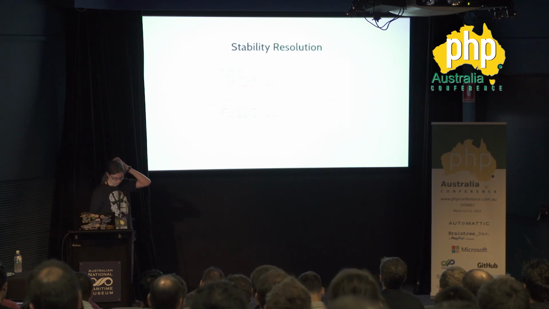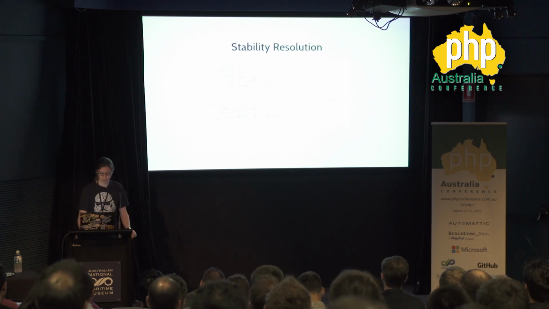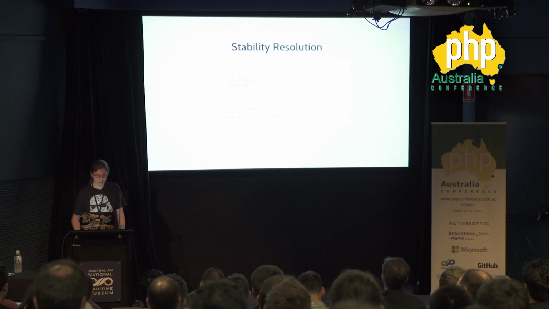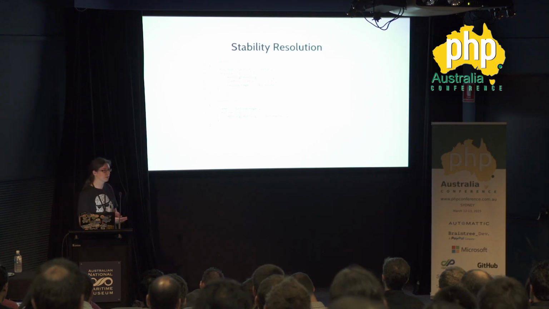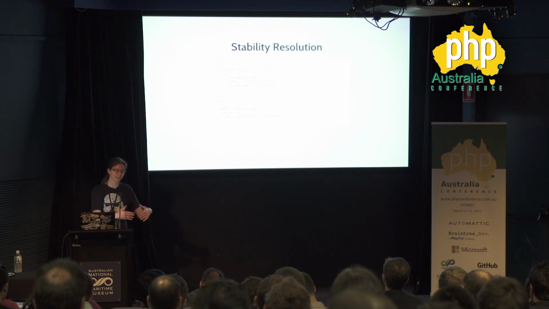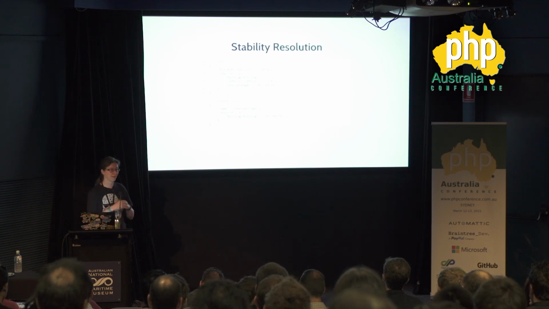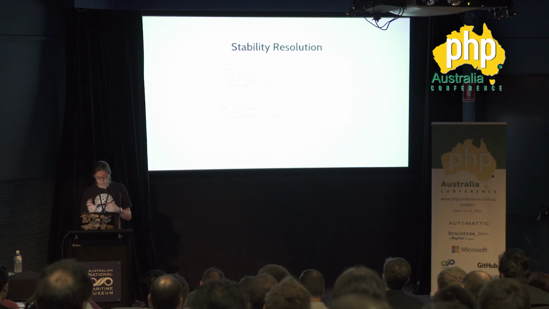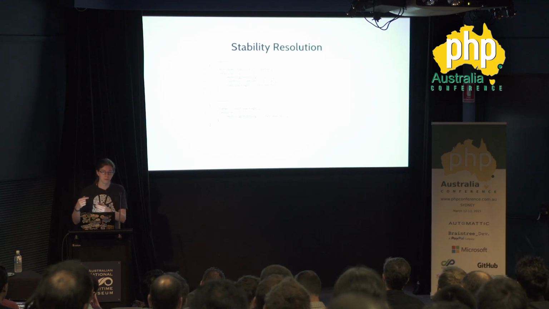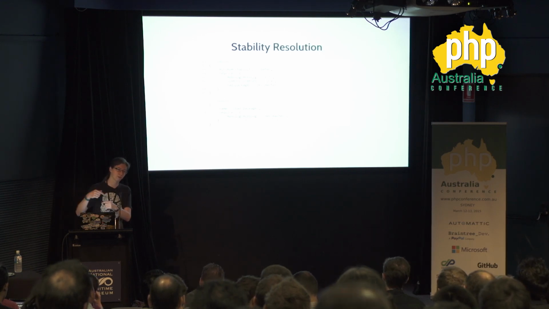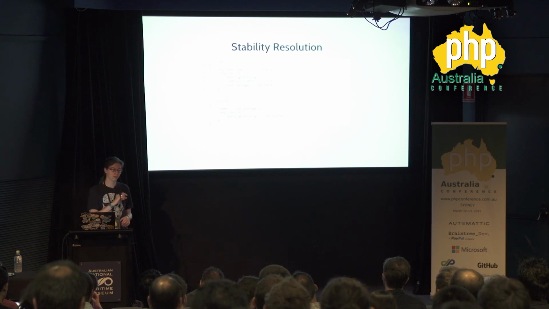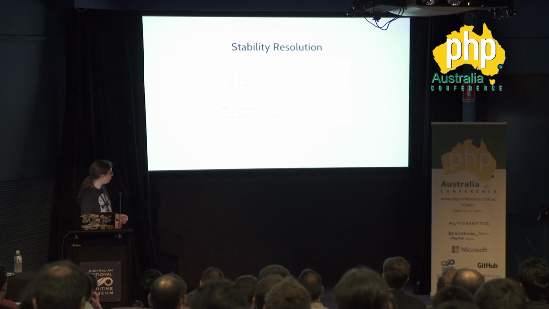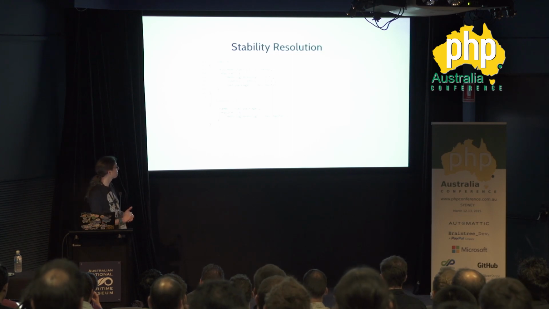Okay, so another fairly common case, I guess, is that you require dev master. It's getting better and better, I think, but in the beginnings of Composer, nobody tagged anything, so you had a bit of a chicken and egg issue where you needed your dependencies to tag versions so you could tag your own and stuff like that. So a lot of packages still have those require on dev master, and what this means in this case, well,